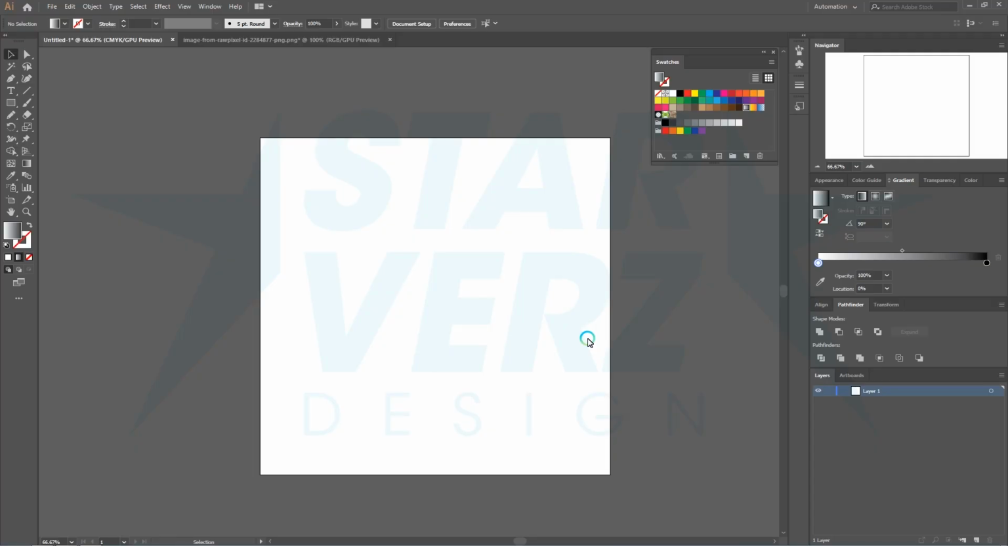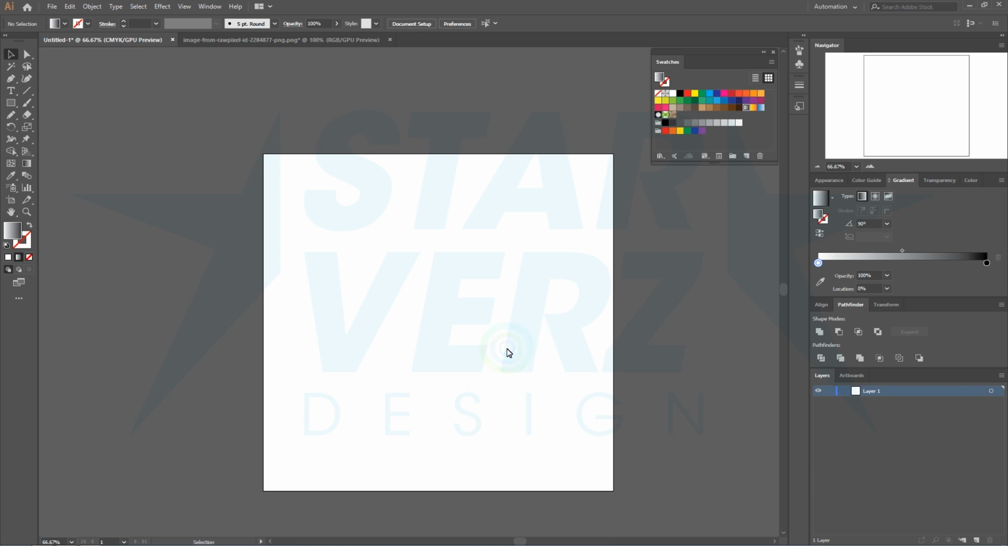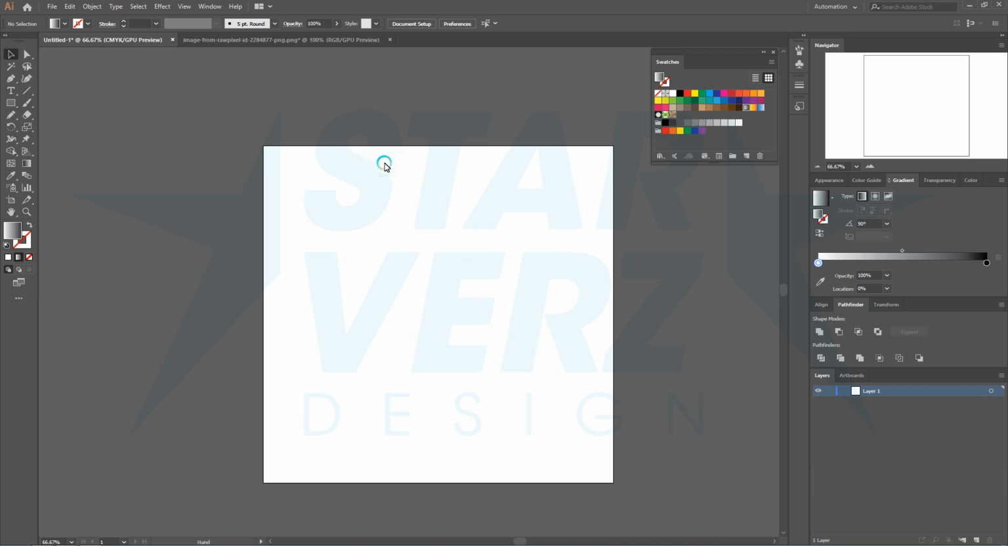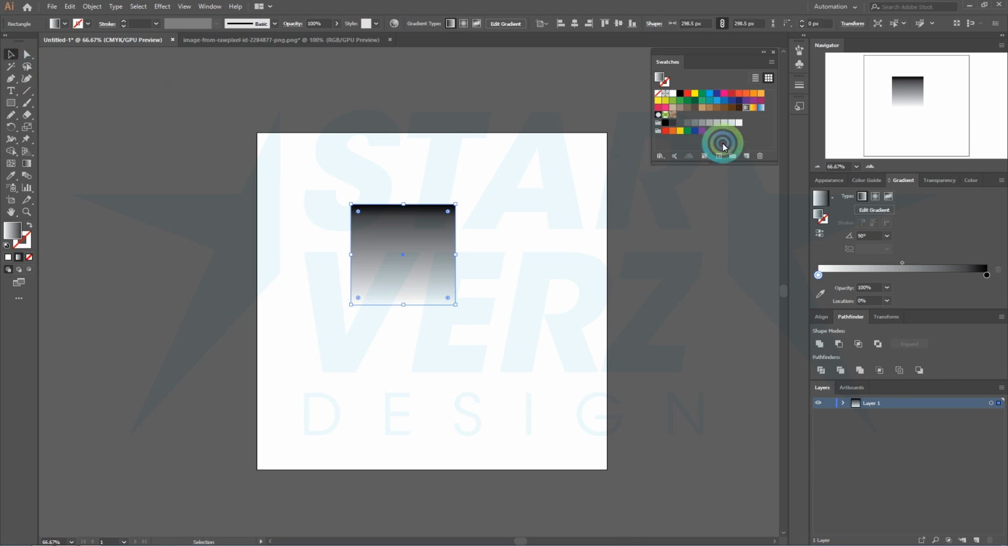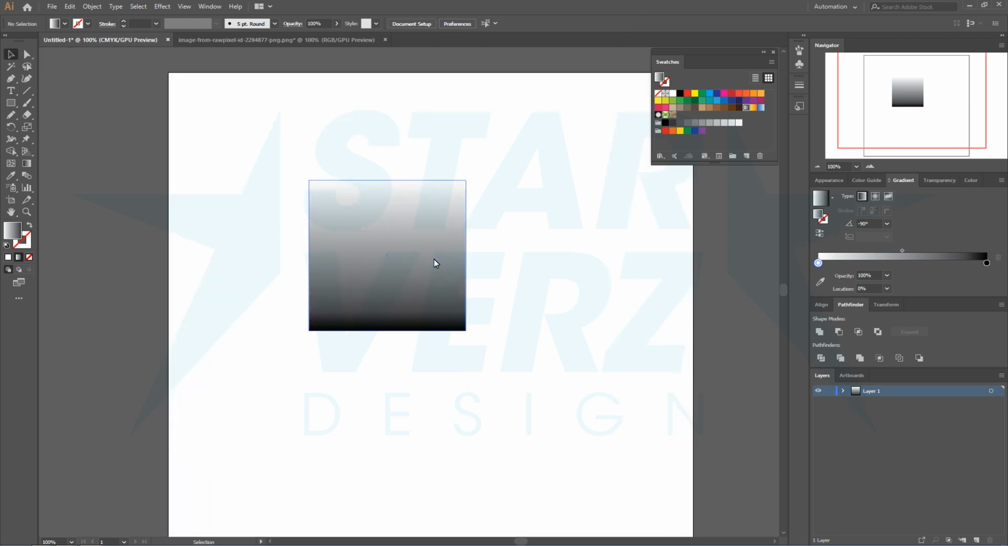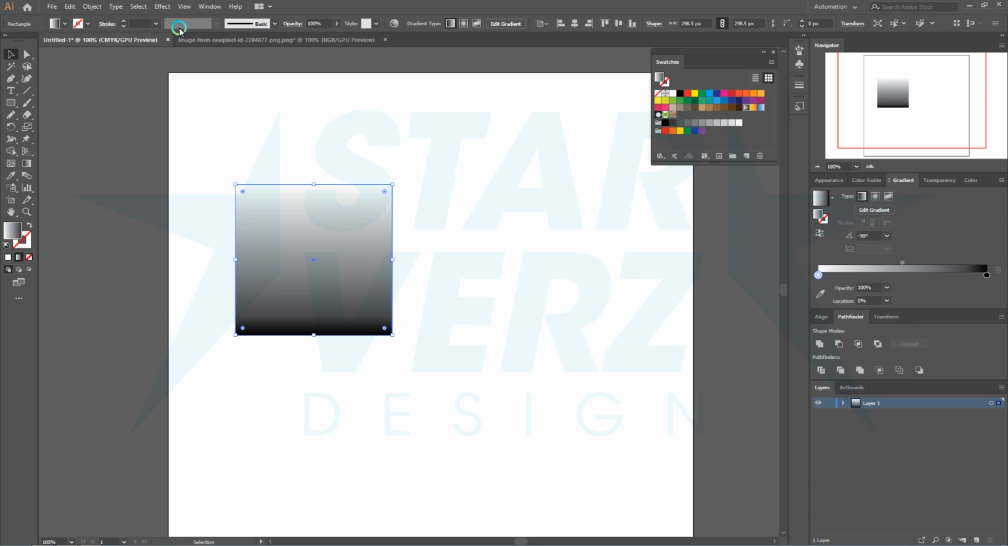Today I'm going to show you how to make halftone in Adobe Illustrator. First, make a rectangle, hold Shift and drag. Gradient, black and white, change the angle to negative 90. Okay, and then we go to Effect,